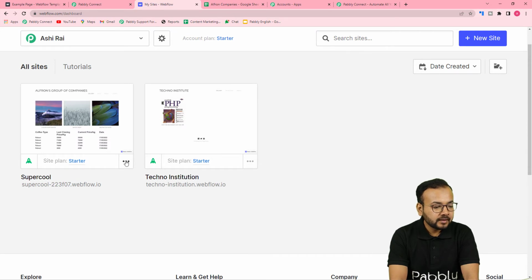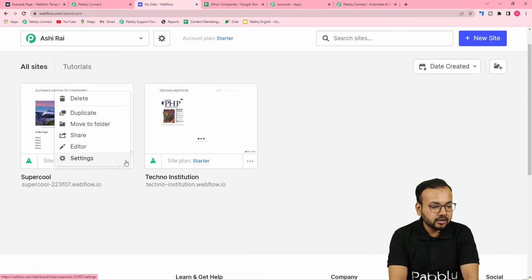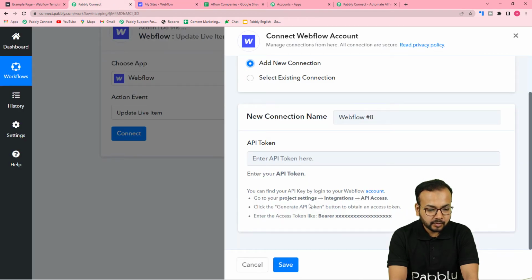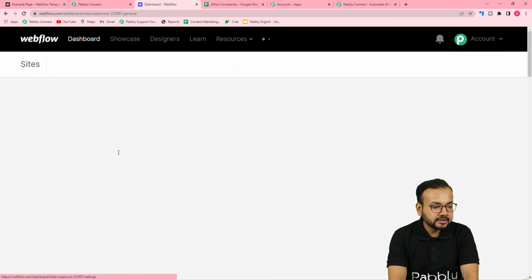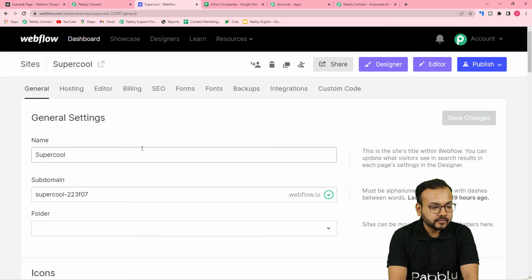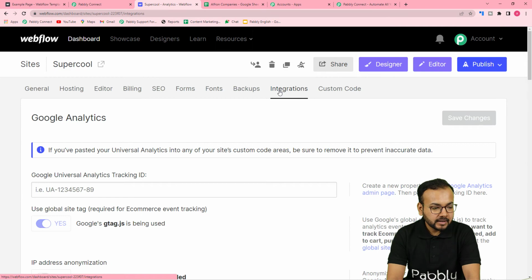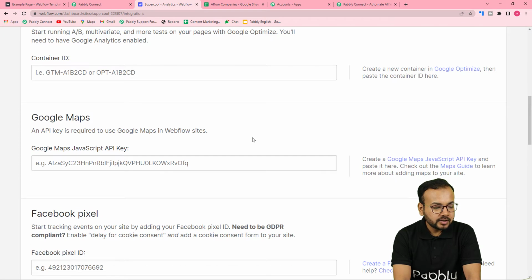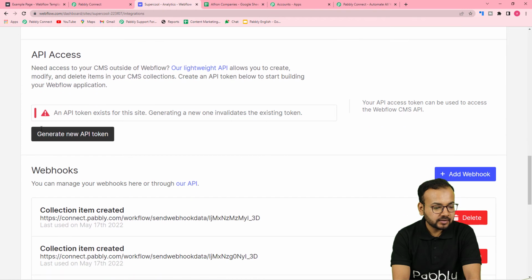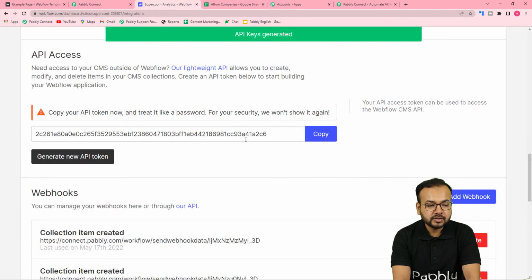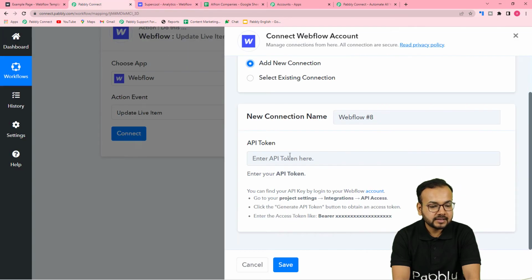This is the title, and here you need to click on these three dots, and under here, let me read the instructions again. Project settings. Okay, so click on settings here, and under the settings you will find this integrations tab. Click on integrations, and when you scroll down, you will find this API access option. Okay, so from here you can generate a new API token. Just click on generate new token, so it will show you this token. So just copy this and paste it here in this field